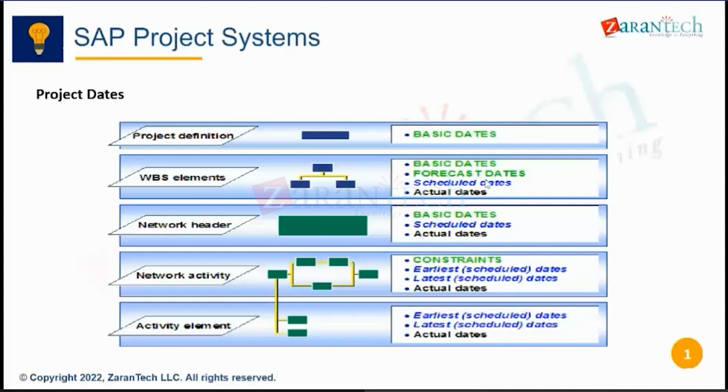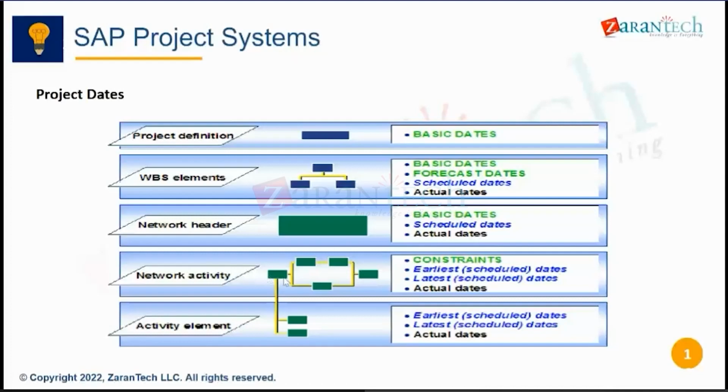They are not manually input. That is why they have put it in a different color. Once you carry out the scheduling in the project, the system is going to calculate this based on the relationship of the activities. Let's say this is activity number 10, 20, 30, 40, 50. This is 10 days, this is 15 days, this is another 10 days, this is 20 days. Once I do the scheduling, the system is going to calculate